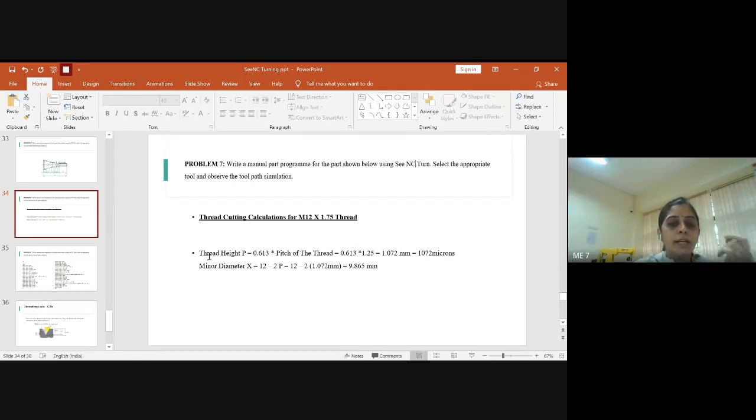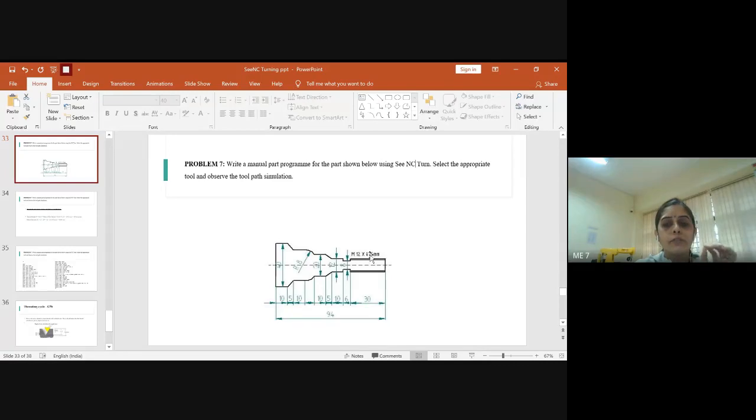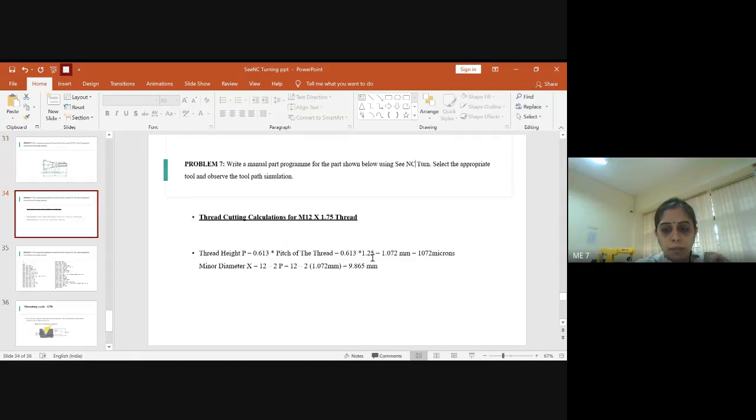Always you know that the thread height formula is given by P is equal to 0.613 into the pitch of the thread. The pitch of the thread in this question is 1.75.